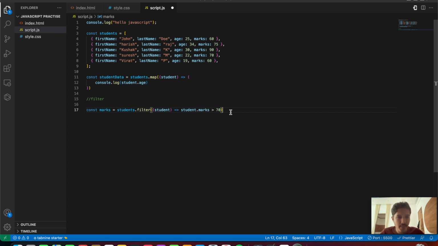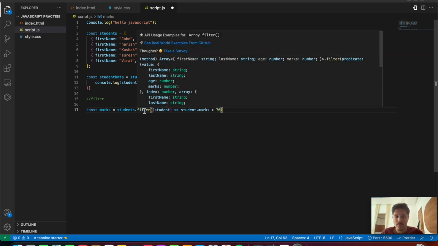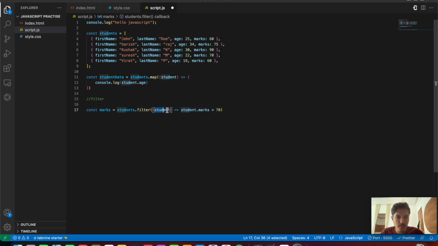On line number 17, we are initializing const marks equal to students dot filter. We are making use of the filter method, and for each student present inside the students array, we are applying the condition which says student dot marks should be greater than 70. This condition gets applied to the array, and we should see only the students with marks greater than 70 in the console, that is the second one and the third one, as I told. So let us console.log